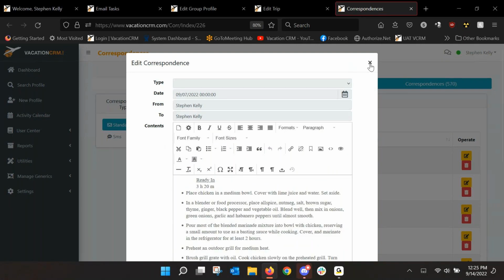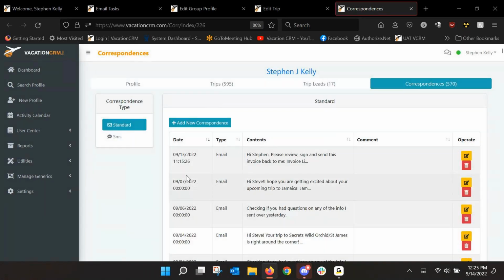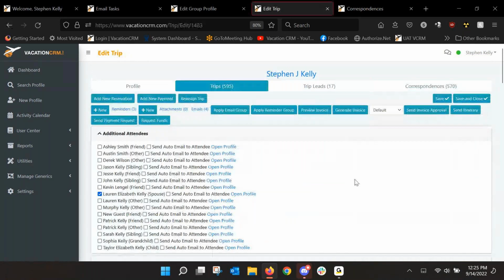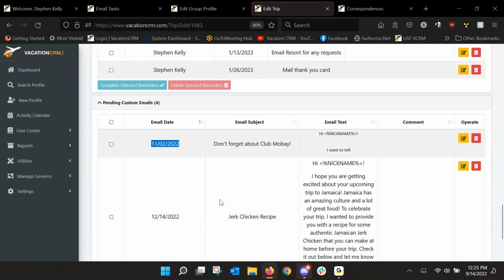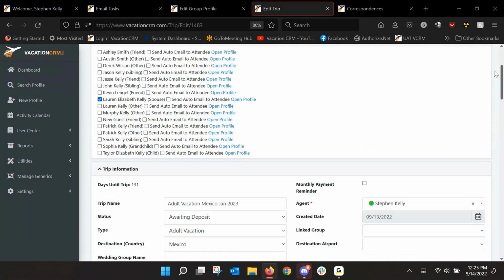So you can see it in there. Almost always when I see a situation where something was not sent, it is almost always because it was applied after the actual send date. So when you click that button to apply email group,